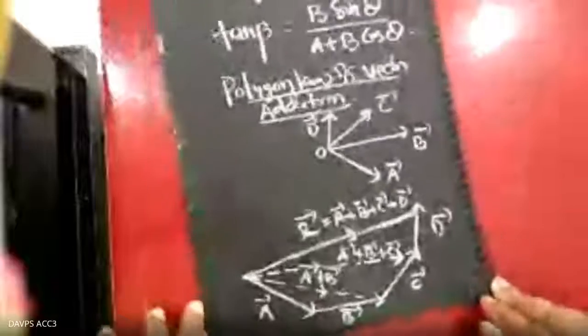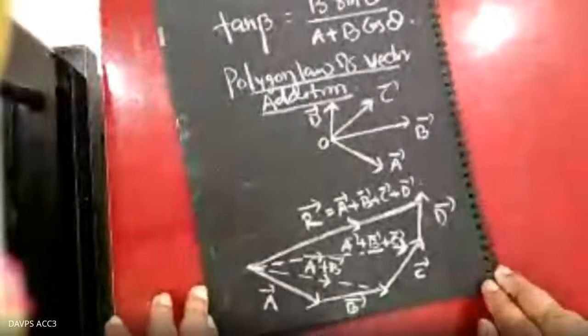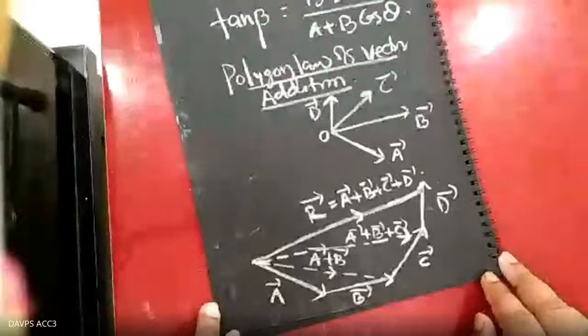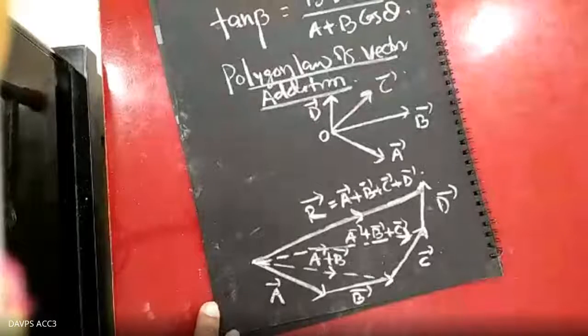So these are the three laws you are finding: the triangle law for two vectors, the parallelogram law which you can also apply for two vectors, and the polygon law, which applies if many vectors are acting on a body simultaneously, and we have to apply it step by step to calculate the resultant and the direction of the resultant vector. I think you must have understood.